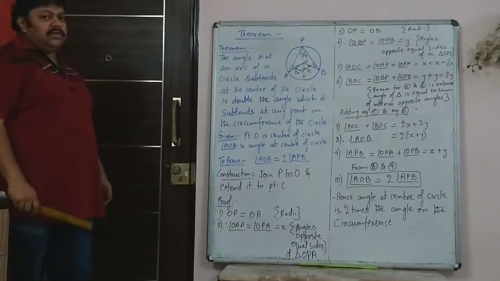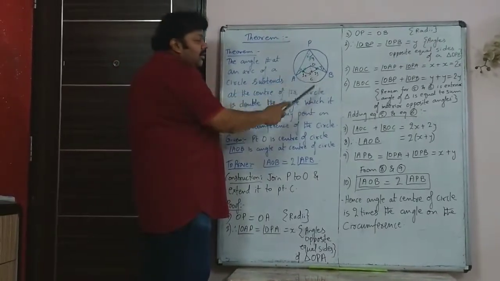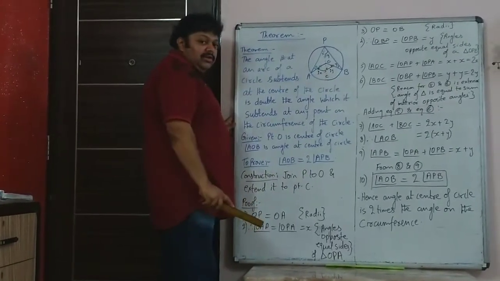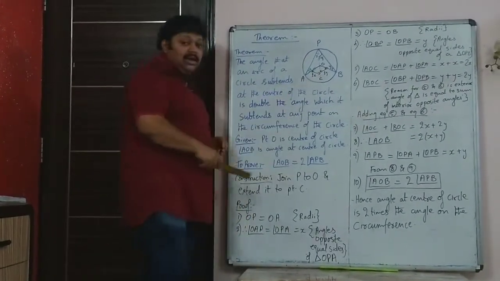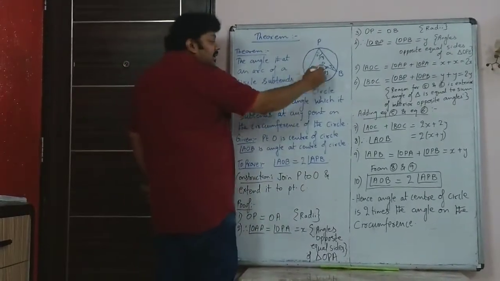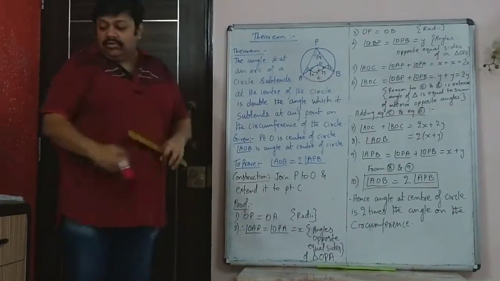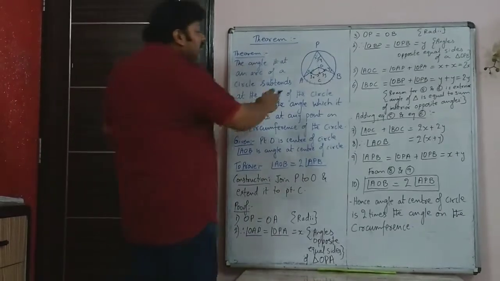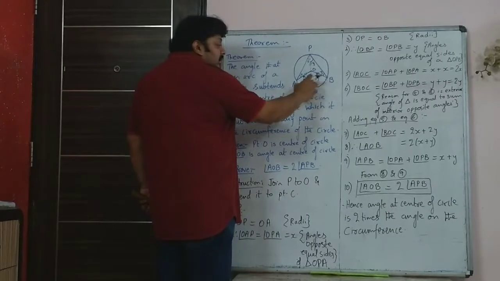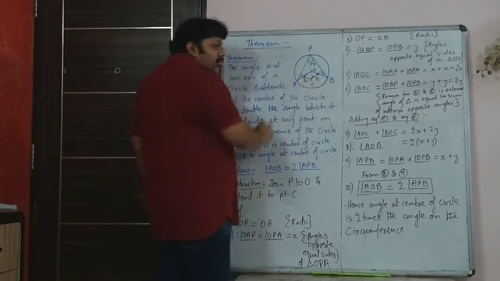So now we will see the first theorem. In this theorem, you have angle AOB. O is the center of the circle. So AOB is the angle at the center of the circle. And the arc which is there in front of it, the arc subtended by that angle is this. Or in other words, you can say that if you join a chord AB, then you can say the angle subtended at the center by segment AB is AOB.